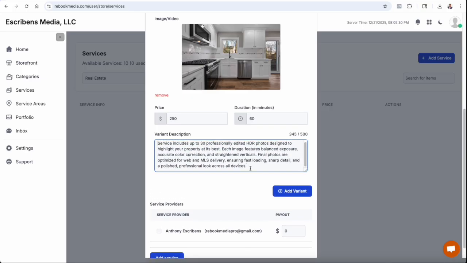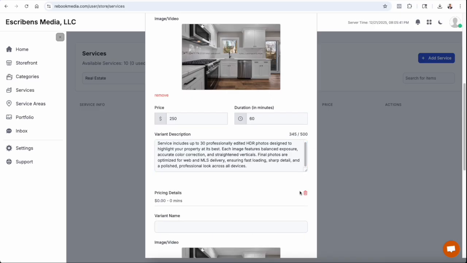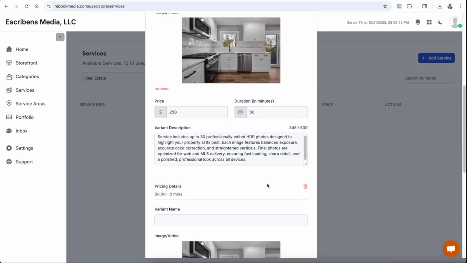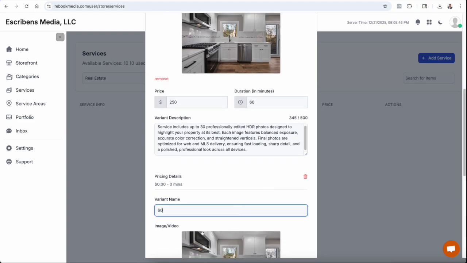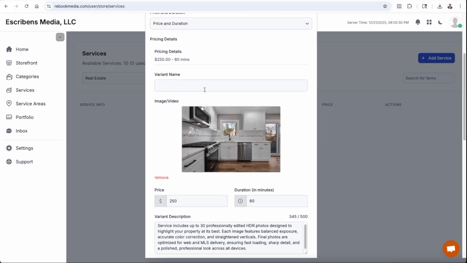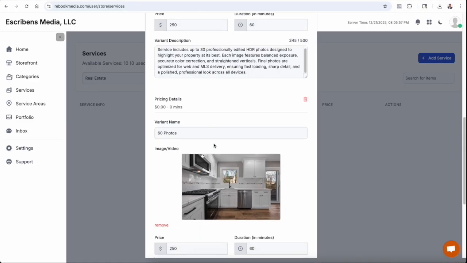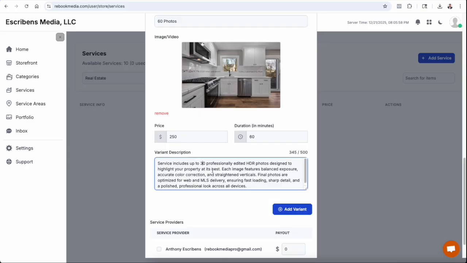Here, I also have the option to add variants. For example, if this service includes 30 photos, but maybe I want to write another service that includes 60 photos, I can add a variant here and type 60 photos, and on the first variant I can type 30 photos. Update the description to 60,